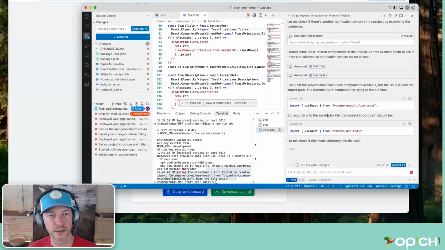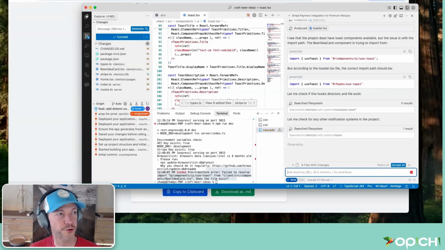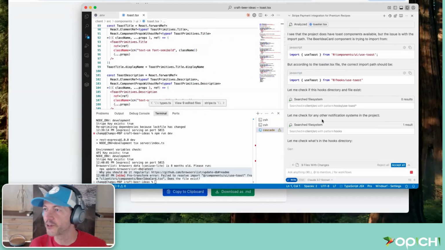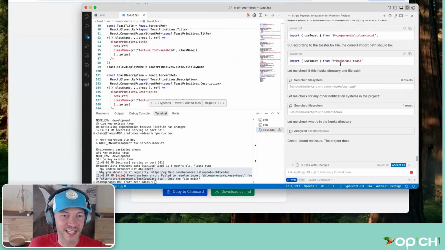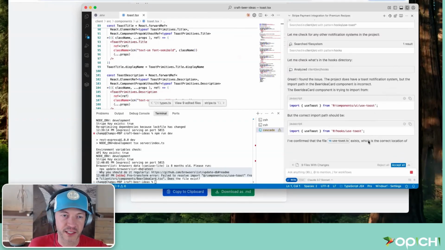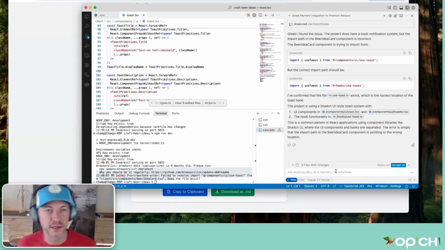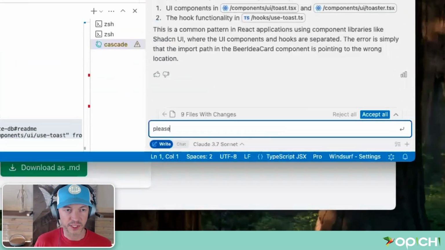Okay. So it just has the path wrong. It does have Toast. You could go look through your files and find it yourself if you're feeling like you want to be chasing things down, but not necessary in many cases. Okay. Toast notification system, import path is incorrect in the file. So we're just going to say, please update that import and change